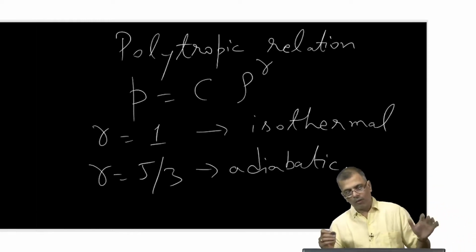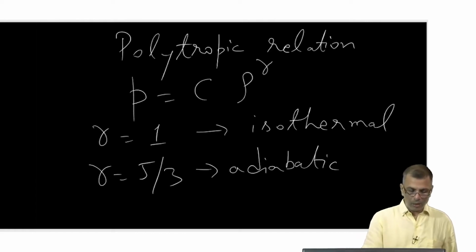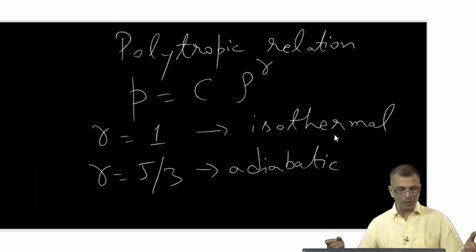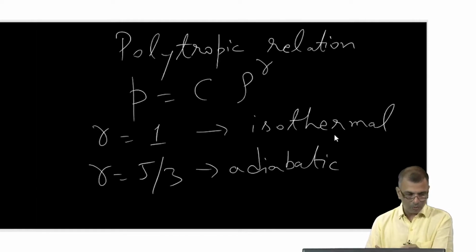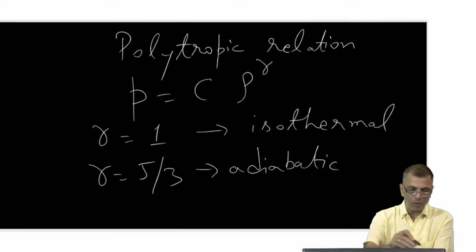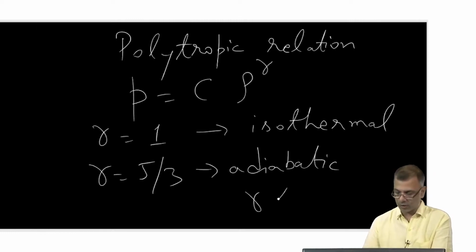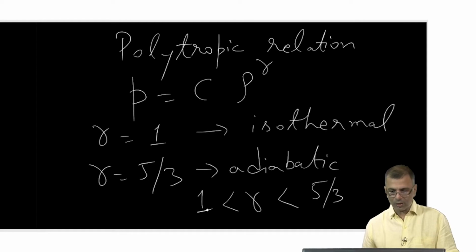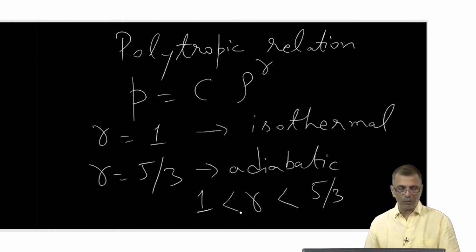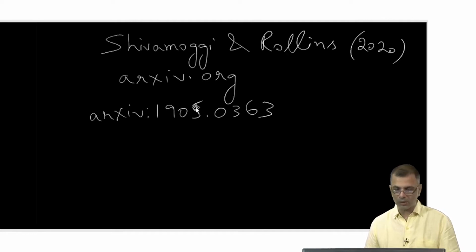Okay. And in using this kind of sound speed, we are assuming gamma equals 1, of course, and that's what the traditional Parker's definition uses. In general, of course, gamma is somewhere in between 1 and 5/3. Okay, and C is of course an arbitrary constant. So this is the general polytropic relation,